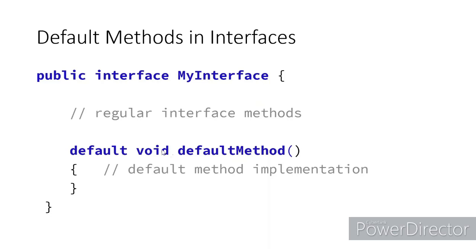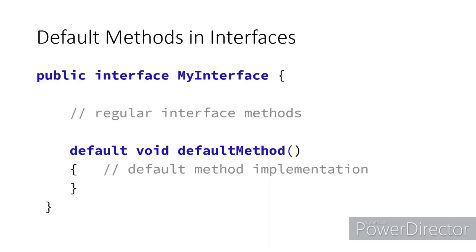The way I have shown it over here, it's a method with an implementation. Just that you have to prefix or mark it with a keyword called default. So the default keyword was introduced in Java 8, and you have to mark a method which is implemented in an interface with that keyword. That is what a default method in an interface is, and you can have more than one default method. You can have multiple default methods marked with the keyword default.